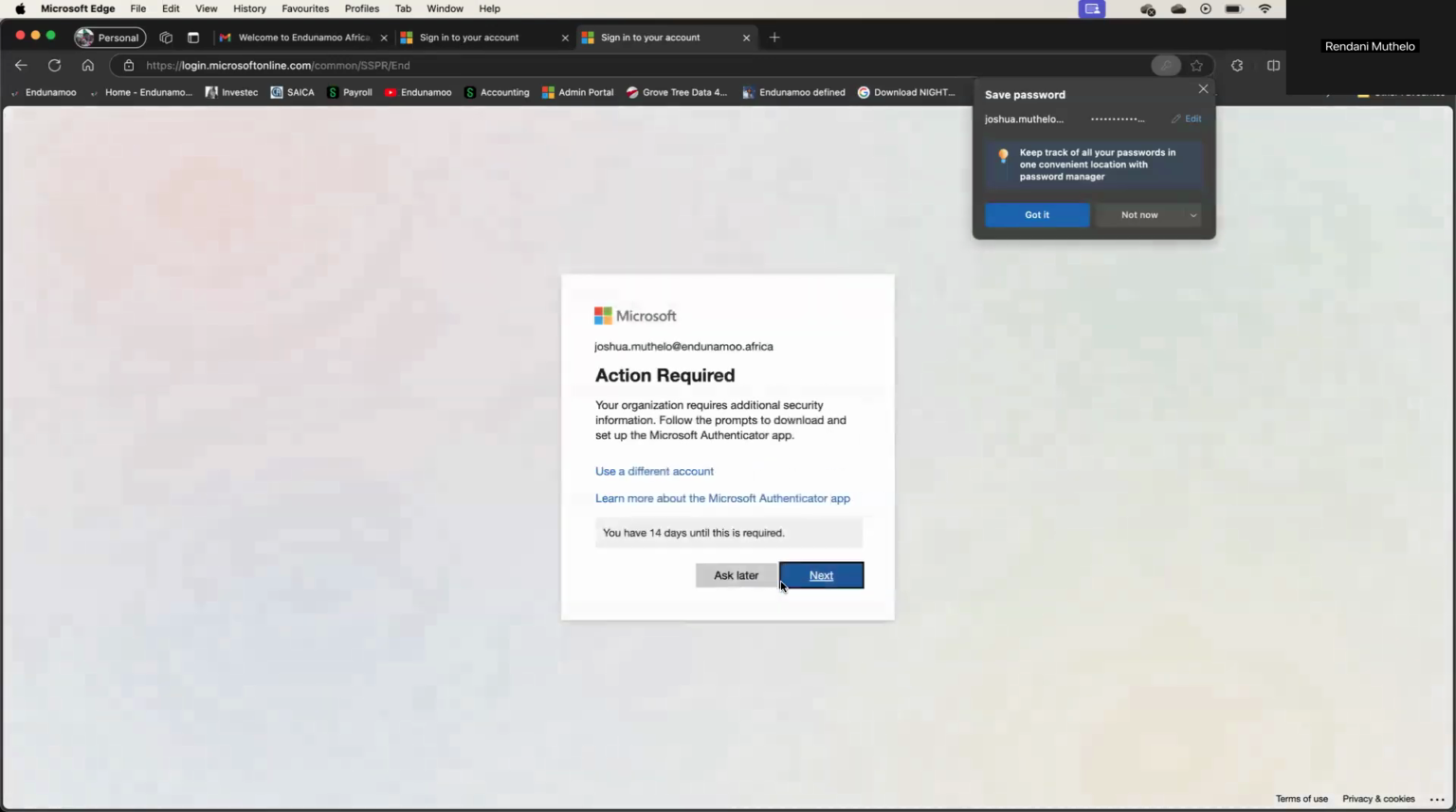Then it tells me about having to set up a Microsoft Authenticator. It says action required: your organization requires additional security information. Follow the prompts to download and set up the Microsoft Authenticator. This process can be a little bit annoying, but for us, it's a very important process, this second factor